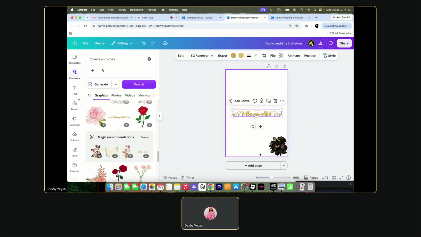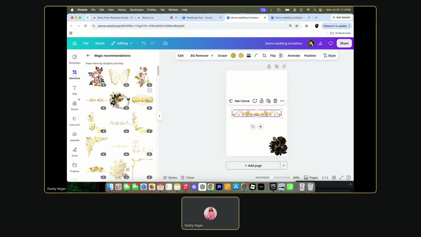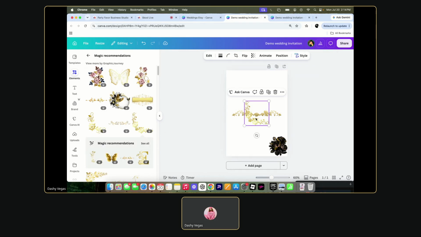Like, this is something I want to use in the invitation. Look at all the gold trimming. So we could start using this,